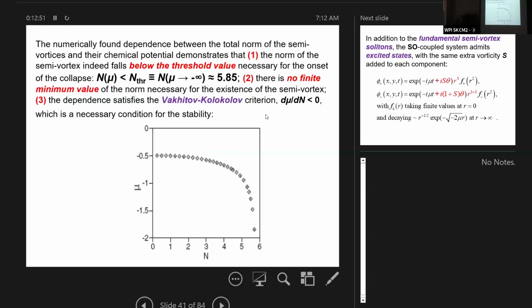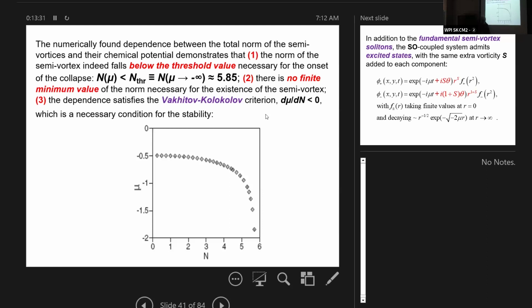Now, this simple diagram actually represents the most important result. As it's commonly adopted, if you want to characterize a family of solitons, we can show it by means of the chemical potential versus the total norm N. In the case, if we don't have spin-orbit coupling, we have just a traditional two-dimensional nonlinear Schrödinger equation. Let me remind, we would have simply the Townes solitons, which are degenerate, so they all would have a single value of the norm. Actually, if here mu runs to minus infinity, the asymptotic value of the norm will be